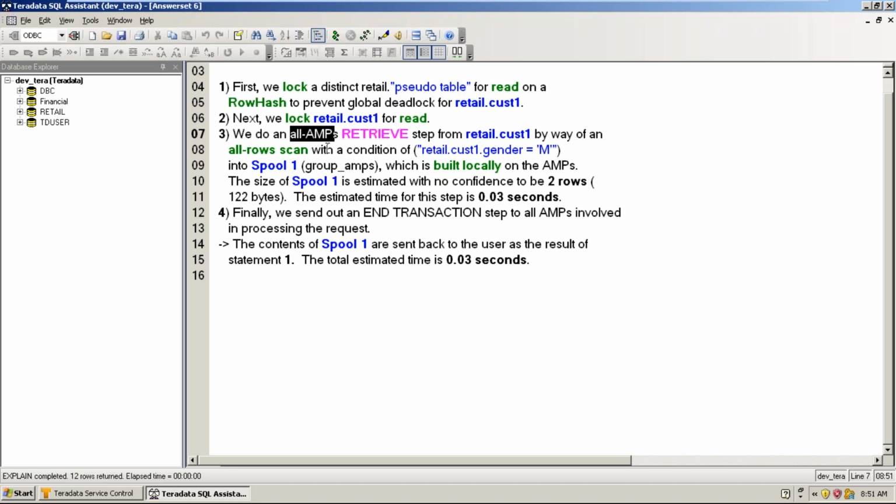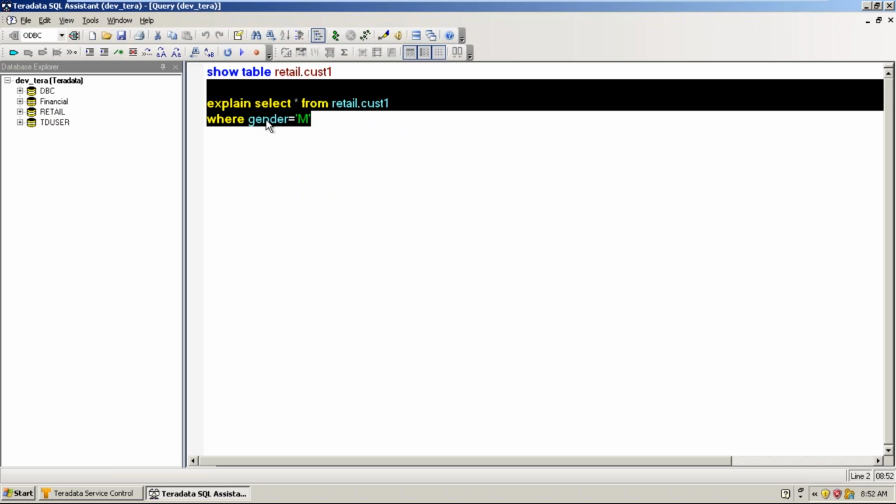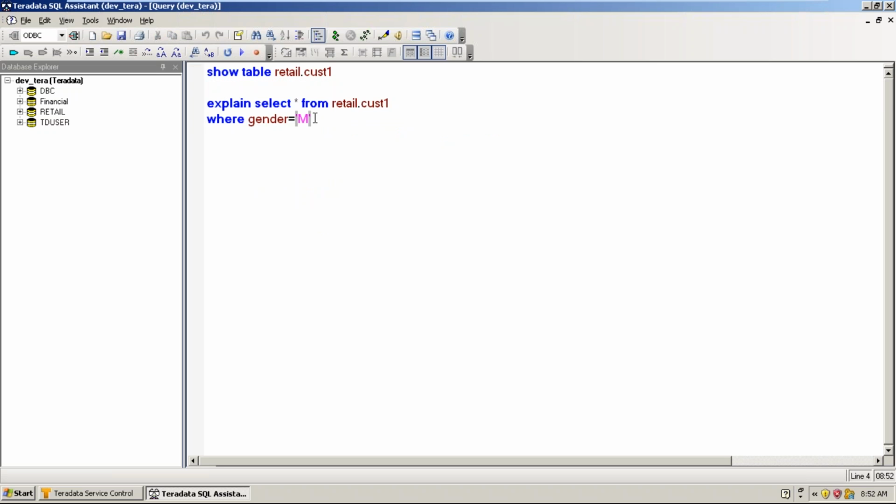So it has to send the instruction to all AMPs. All AMPs would work to get the data matching the criteria of gender equal to male and give the data back to the user. So it is an all-AMP operation, again whenever you use a non-index column or no column in the WHERE clause. The single-AMP operation is possible whenever you have the primary index column in the WHERE clause.